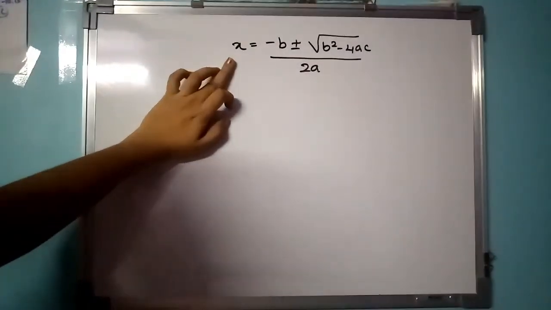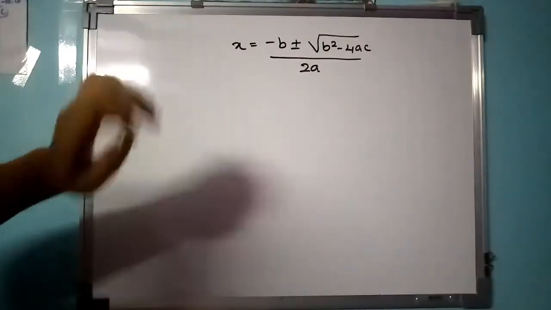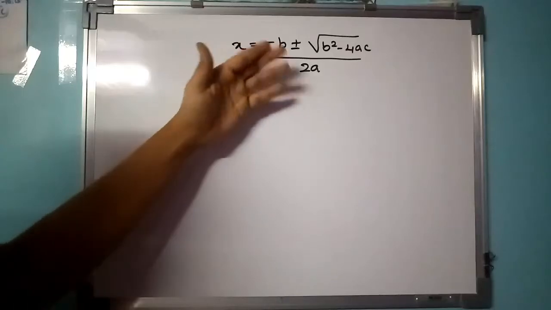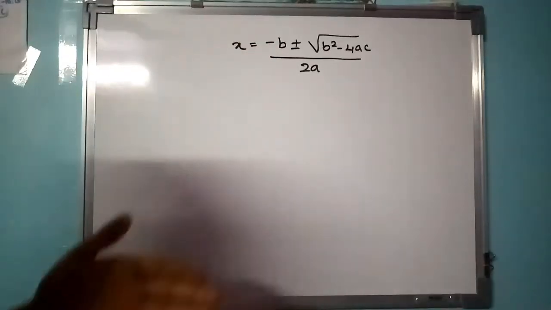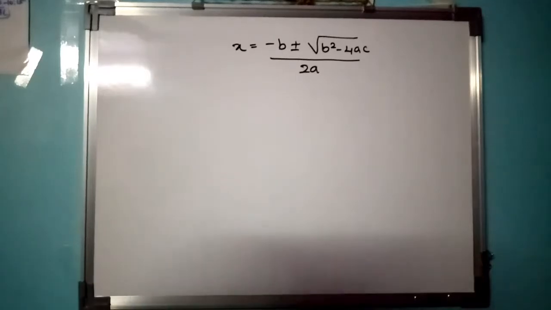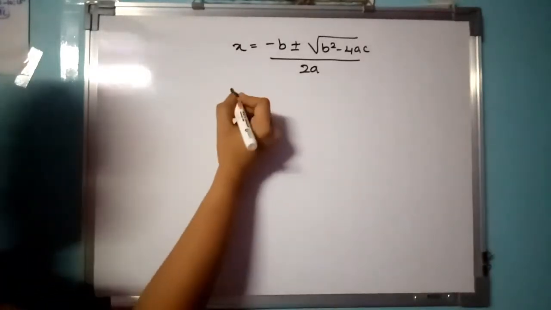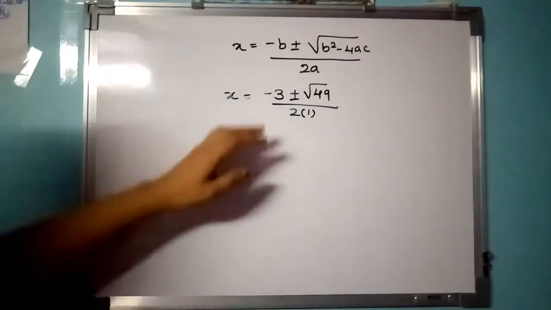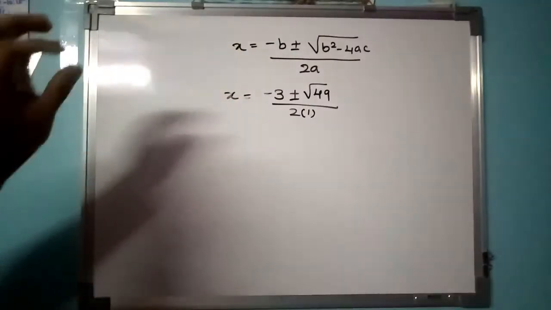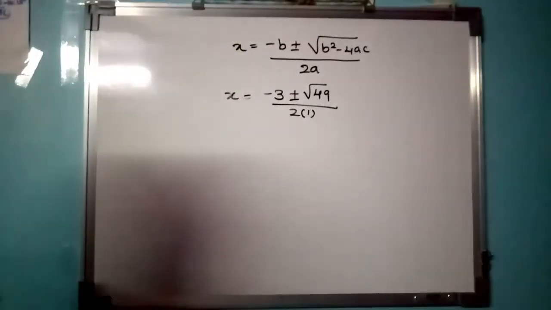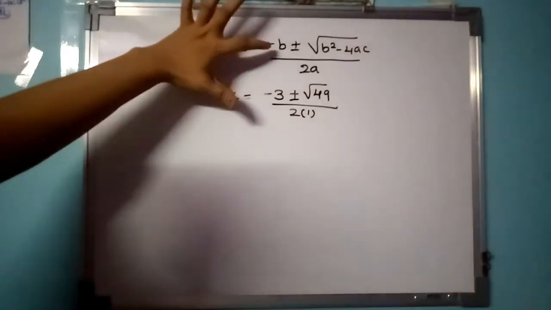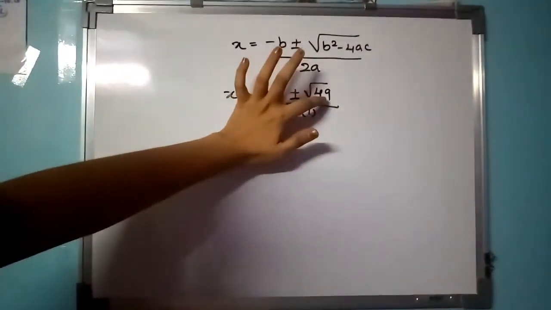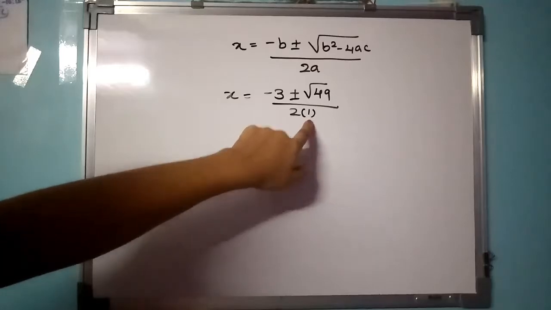So the formula is x equals minus b plus or minus under root b square minus 4ac upon 2a, and it helps to find out the roots of the equation. So we are placing values according to the given quadratic equation. We will find out a, b, c, and then we will place the values. Let's see, after placing the values of a, b, c, how can we solve this. Generally we place the values, but later we get confused about how to solve this. So the best method is to understand the concept, and we can simply find the answer of the given equations.